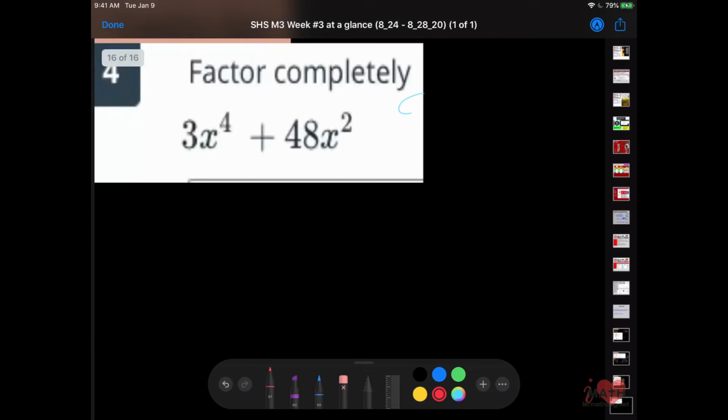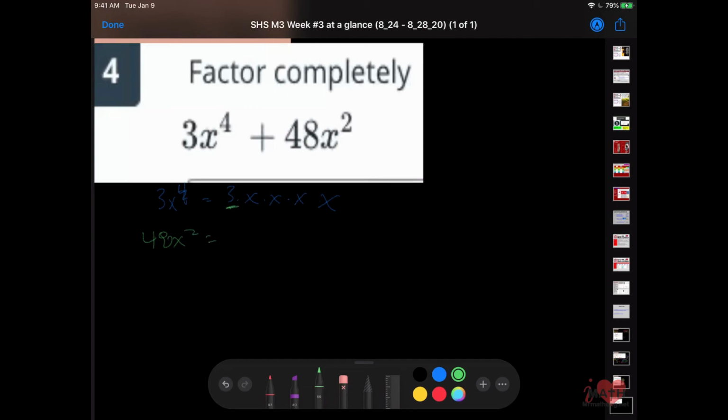Question number 4 is factor completely. Okay, a little bit tricky. What's the first question? You look at your flowchart, and the flowchart tells me to find the GCF. So break up your terms. That's 3x to the 4th, which is 3 times x times x times x times x. And then 48x squared is going to be,